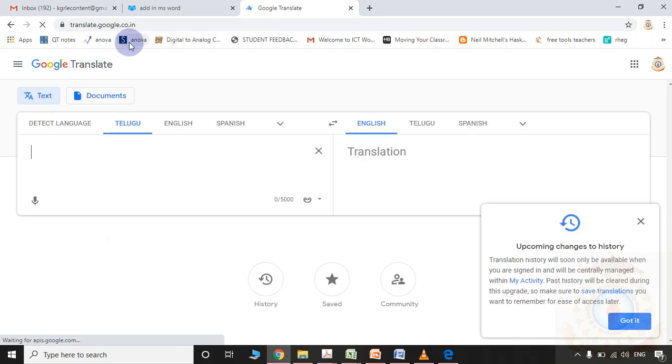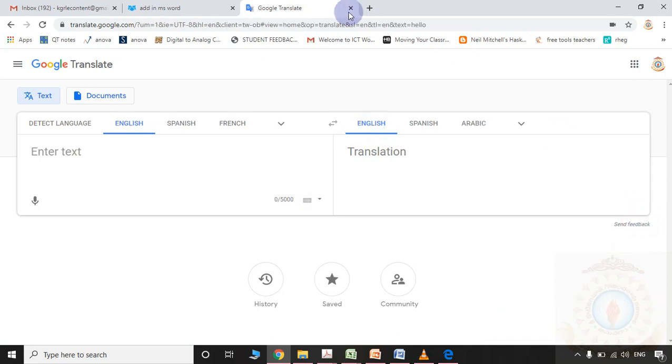The first website will come, translate.google.co.in. So here in Google Translate, I am selecting the input language as English and the output language also as English. Here the microphone symbol is there. Please click it for voice input.